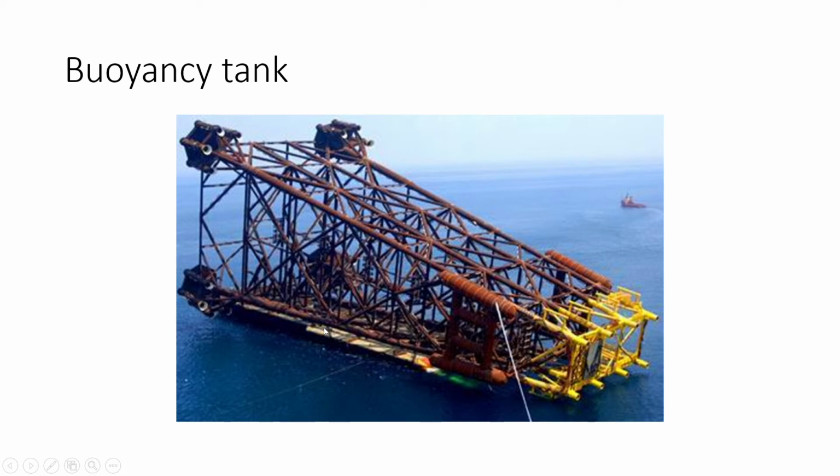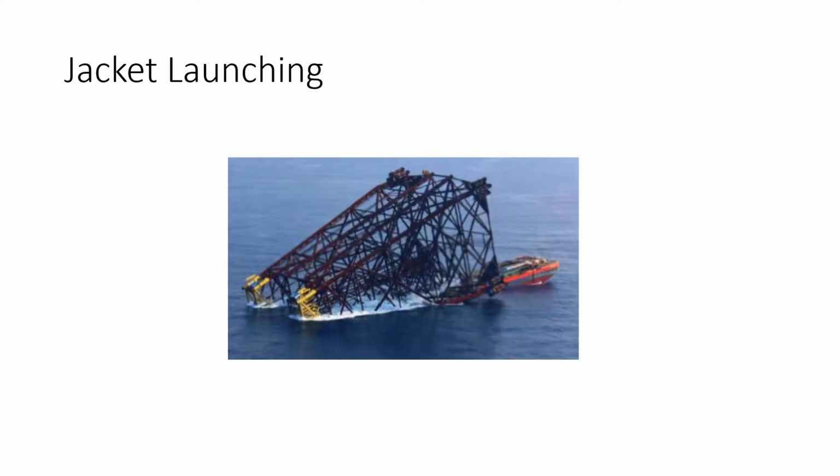Once the jacket floats, the derrick barge will come and engage the hook, and then again, as with horizontal lifting and installation, the jacket is rotated. They call it upending. They rotate the jacket and place it in position. These are called the buoyancy tanks. This is one method of placing the jacket on the sea floor.